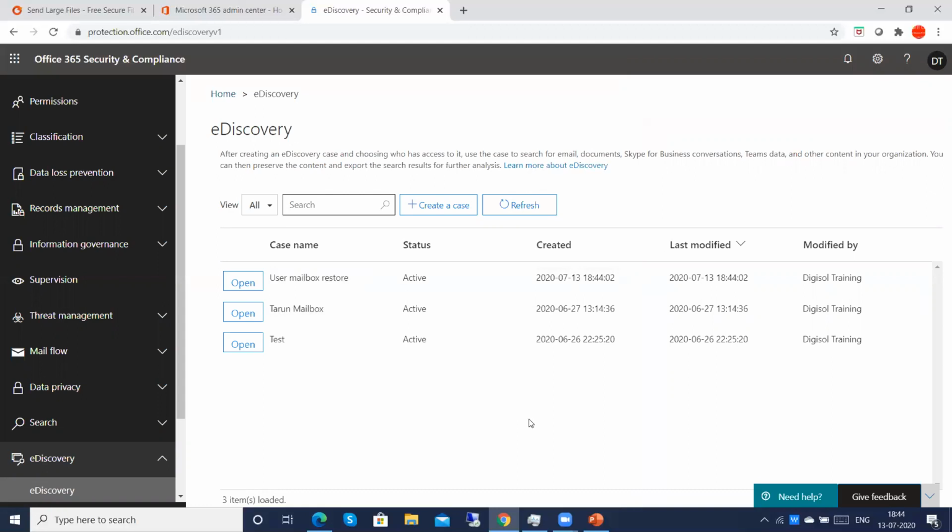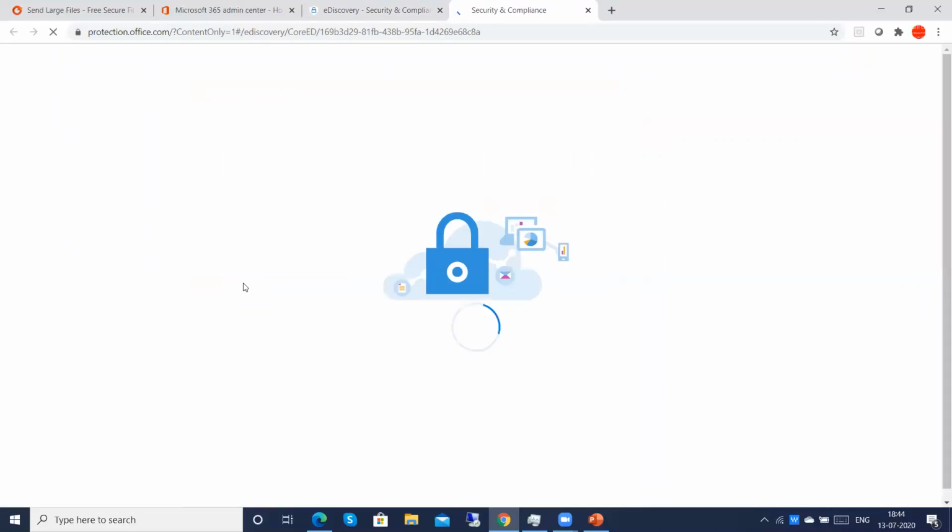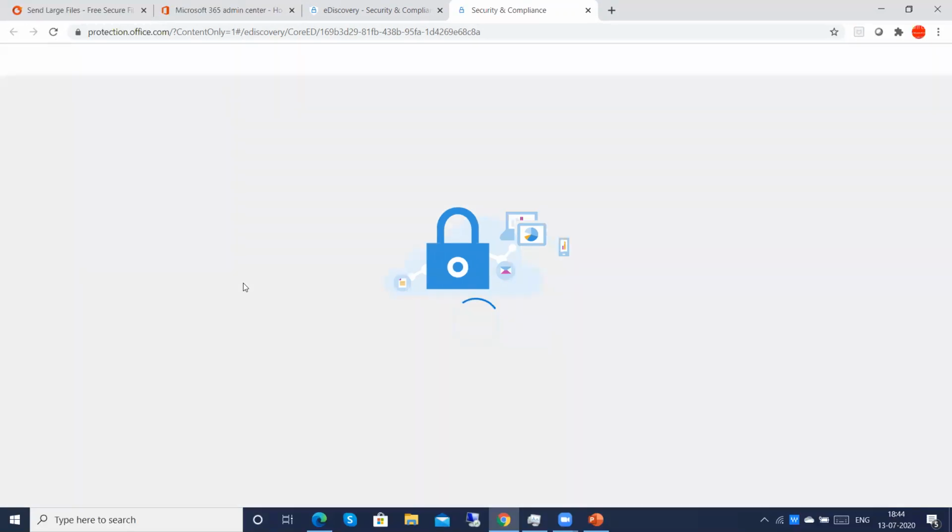For searching any mailbox, we have to go inside this, so I am opening it. It might take some seconds, because I think the Office 365 load is very high, so it is taking some time to open.